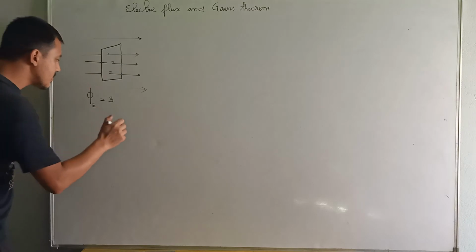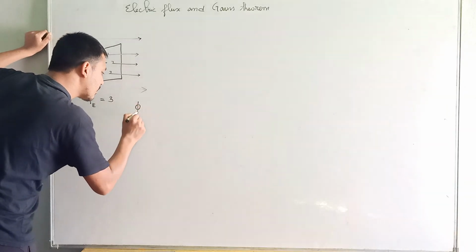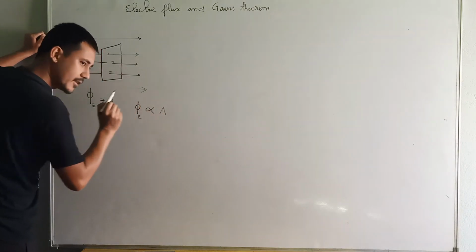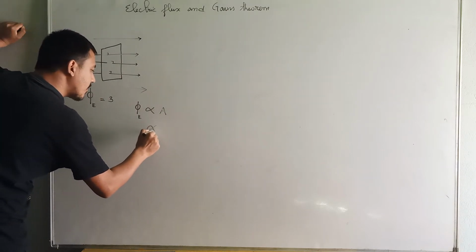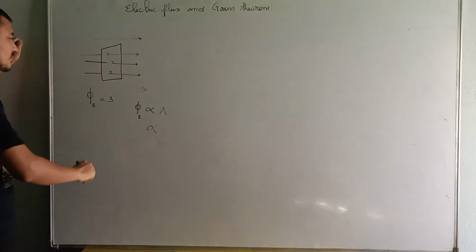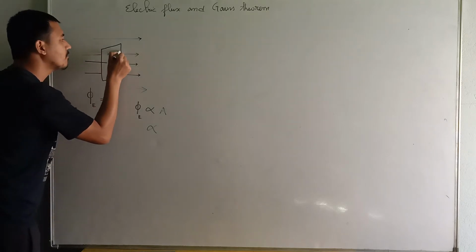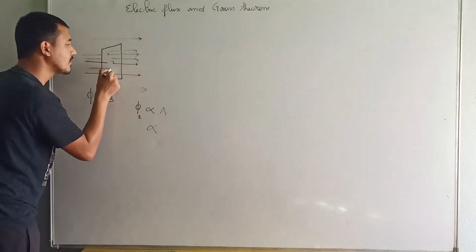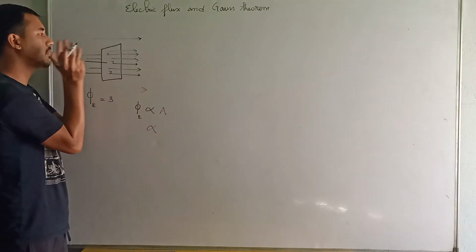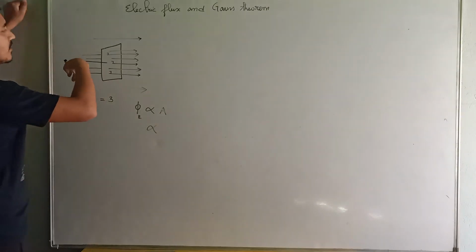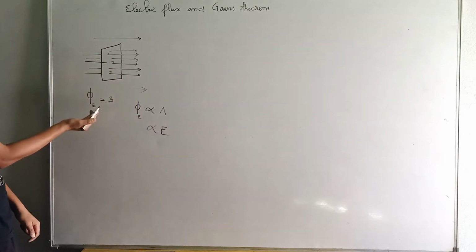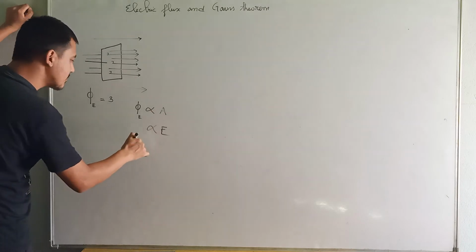So that means this electric flux is according to what? If you are saying this electric flux is directly proportional to the area, right? That means as you increase the area, more field lines can pass perpendicular to the surface, right? And as you increase the density of the field lines, the density of field lines gives the magnitude of the electric field. So as you increase the density of field lines, you are increasing the magnitude of the electric field. Then your electric flux will increase. That means from the above two factors,